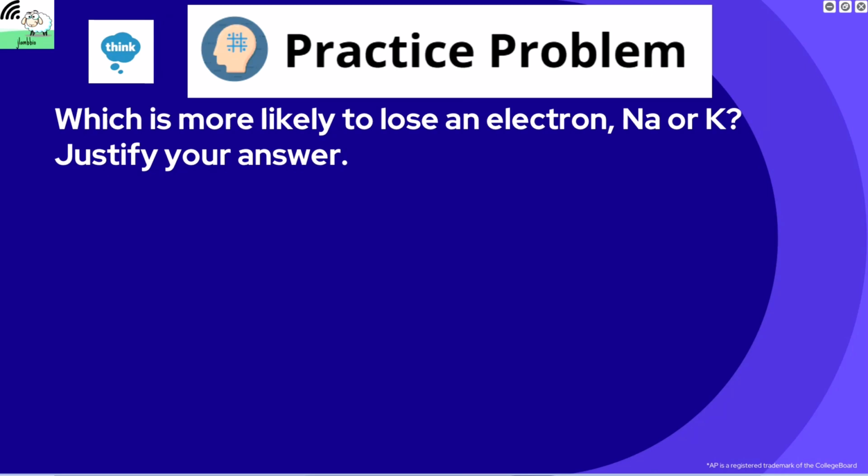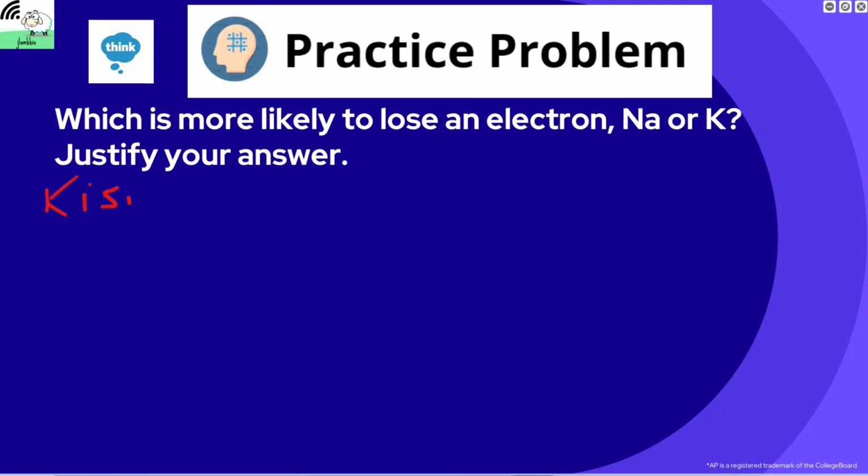question. I typically frame these things in terms of claim evidence reasoning. If you're unfamiliar with that, maybe that's a YouTube video I can post a little bit later on. I'm not really sure. Hey, future content, exciting. But for this, it just says which is more likely to lose an electron, Na or K. So if I'm going to use claim evidence reasoning for this, my claim is going to be that K